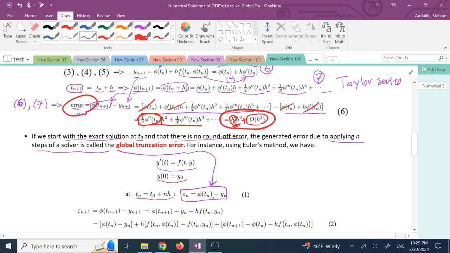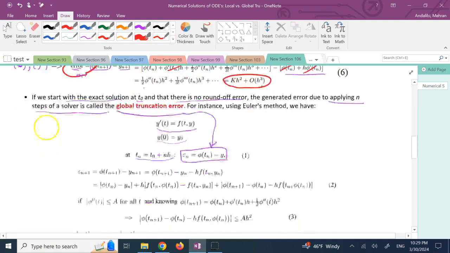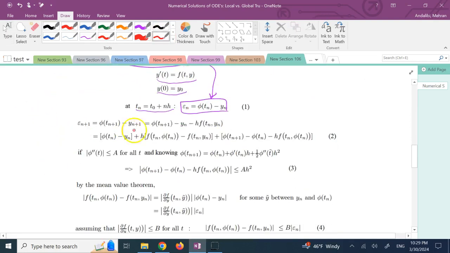The global truncation error. Now let's see how we calculate a formula for global truncation, because the local one was quite a bit easy. We did it pretty easily, but the extraction of the global one, the derivation of that, is a little bit more involved, so bear with me. So what we do here is we also try to derive a relation. If we call the global error at tn epsilon n, we also try to find a formula or a relation